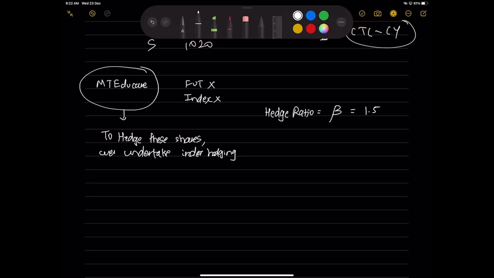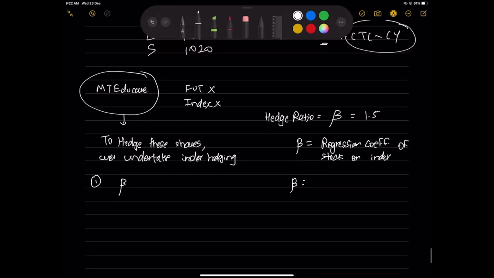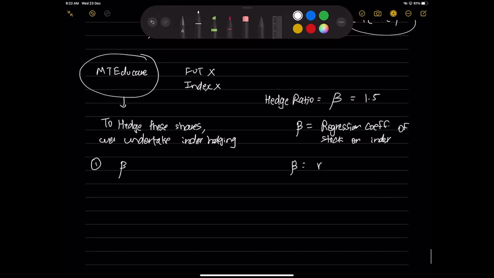So now to undertake index hedging, first चीज जो मुझे चाहिए वो है beta, or I can say that's called as the hedge ratio. Now how do we get this beta? This beta is nothing but regression coefficient. That's simply the regression coefficient of stock on index. तो basically beta जो calculate होता है, that is simply calculated as correlation between both of them into standard deviation of the stock upon standard deviation of